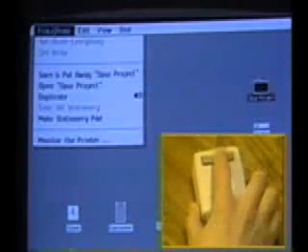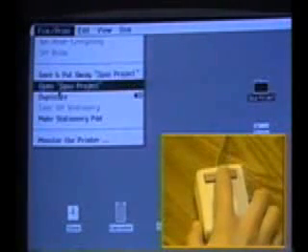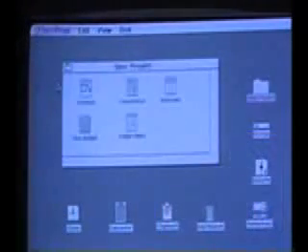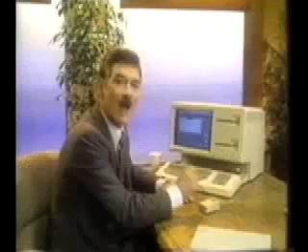If I want to insert any part of this budget into a memo or a report, I use the mouse to select the information. I then go to the Edit menu and choose Copy. I've now made a copy of the model which I can use later. I'll set aside the budget for now. To create a memo,